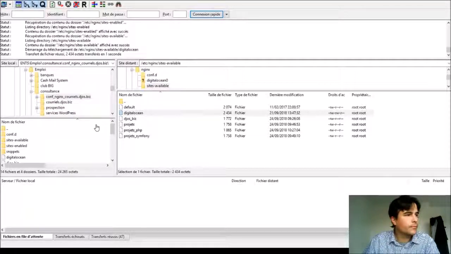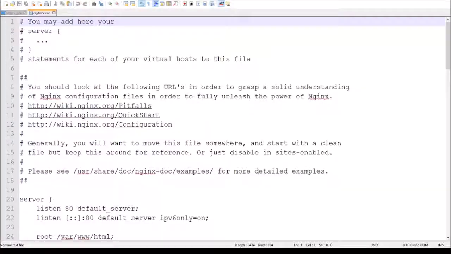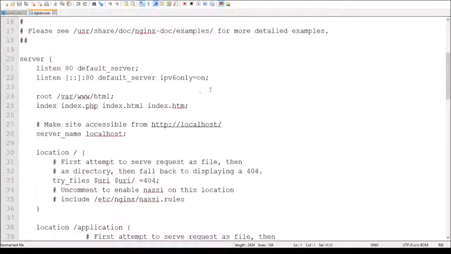So we are going to see the basic configuration file first. So here are commands. Then you have the server configuration directive, listen on port 80. This can be used only once if you have different configuration files.